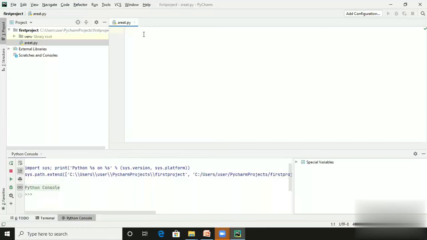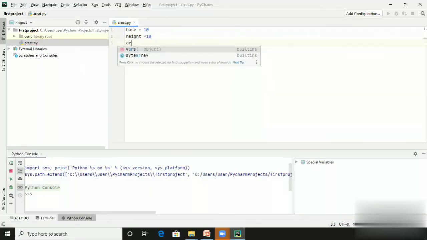So here you can do your programming. All of you know how to calculate the area of a triangle. For example, base is equal to 10, and height is also 10.